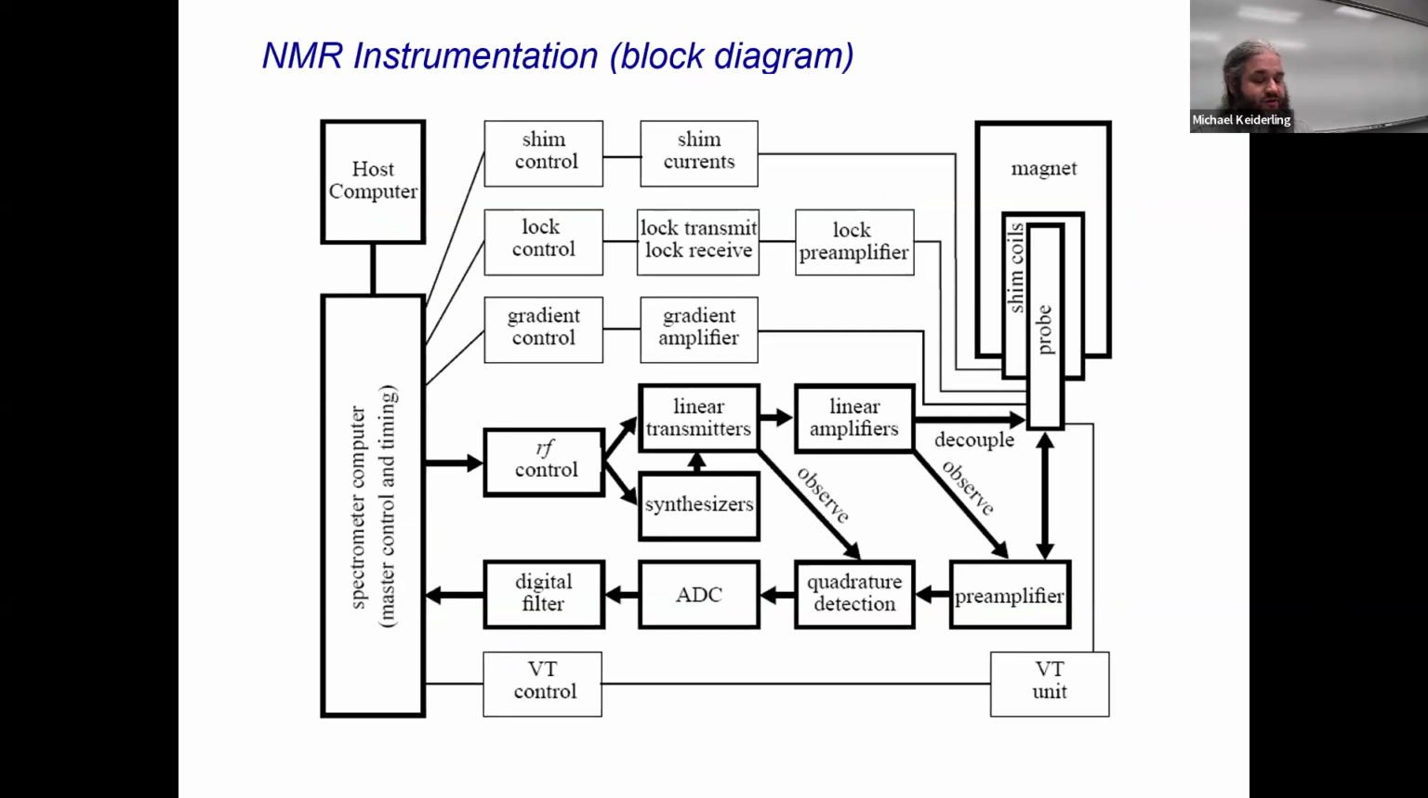Well, let's talk about the design or structure of an NMR instrument. There is a spectrometer computer and a host, which does master control and timing. This has shim control, which controls the shim currents and the shim coils around the probe. There's also the lock control, which is lock transmit and receive, and a lock preamplifier that feeds into the detection coils around the probe, and the gradient control and the gradient amplifier, the gradient coils around the probe, all designed to give a nice